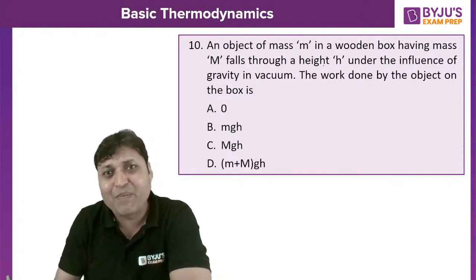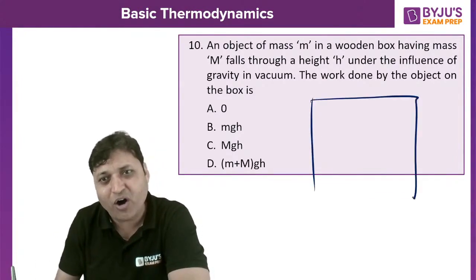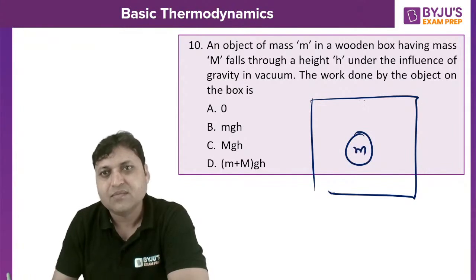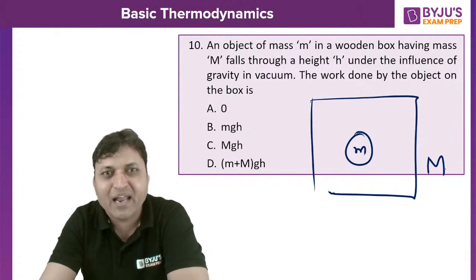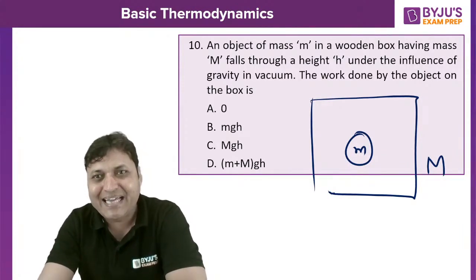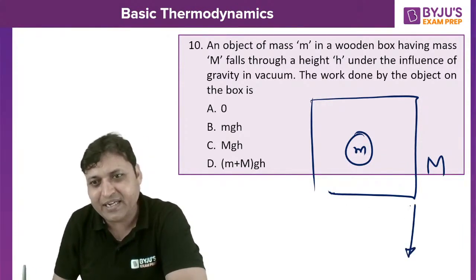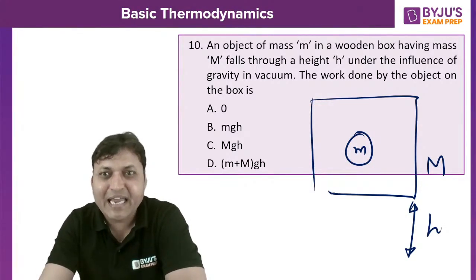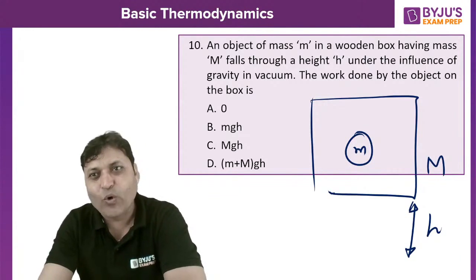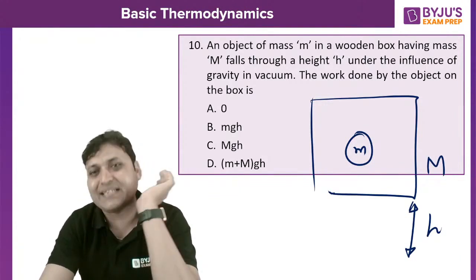There is an object of mass small m in a wooden box having a mass capital M. The box falls through a height capital H under the influence of gravity in vacuum. The work done by the object on the box is,